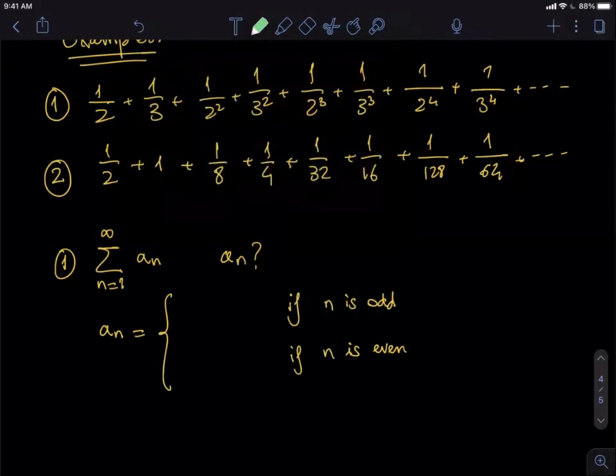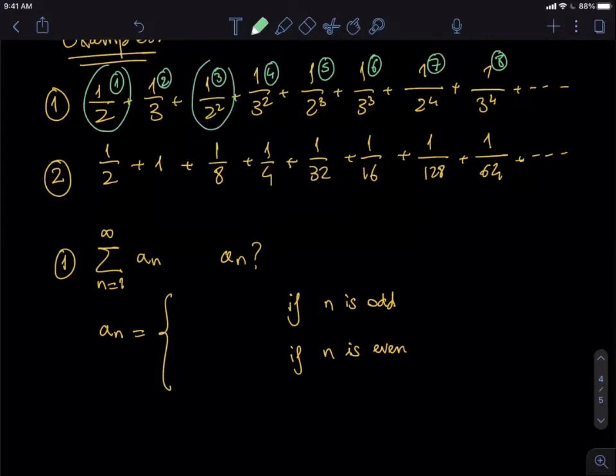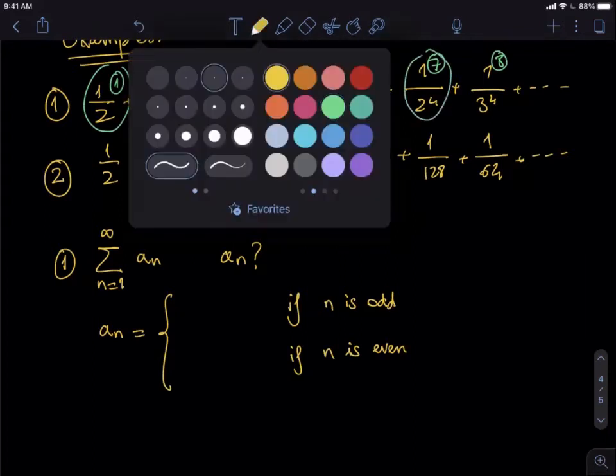This is the first one, second, third, fourth, fifth, sixth, seventh, and so on. Well, eighth. So we see the odd ones are always 1/2